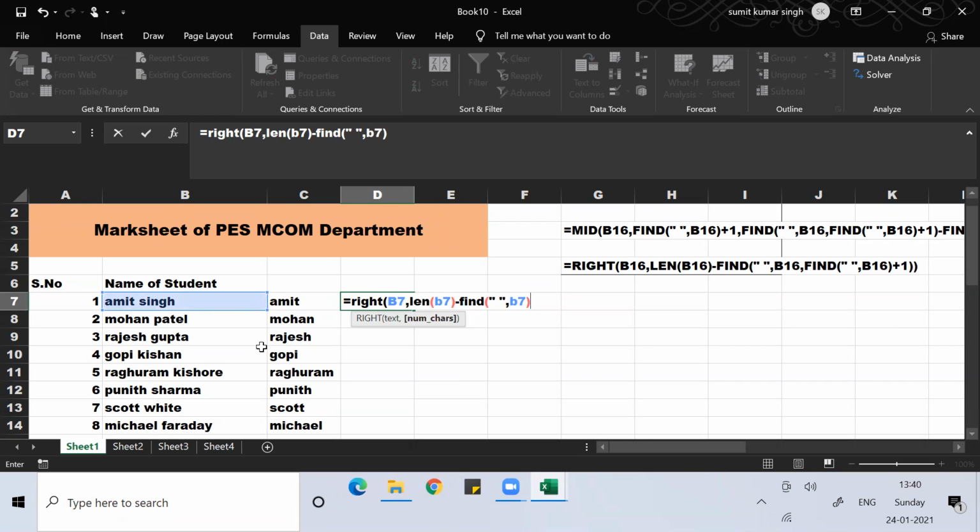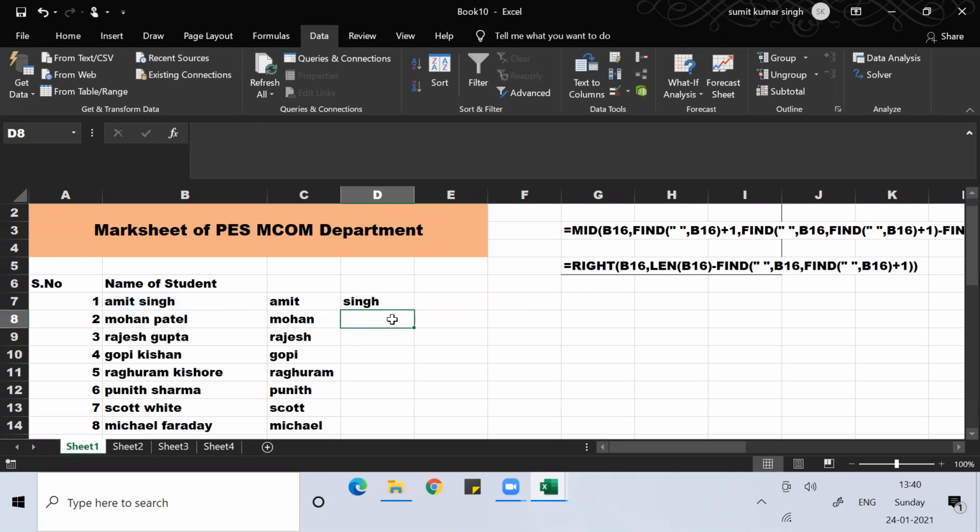What will FIND give you? It will give you 5. So 10 minus 5, it should give you 5 characters from the right. Close bracket, enter.